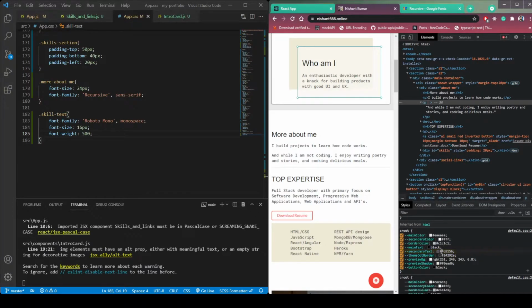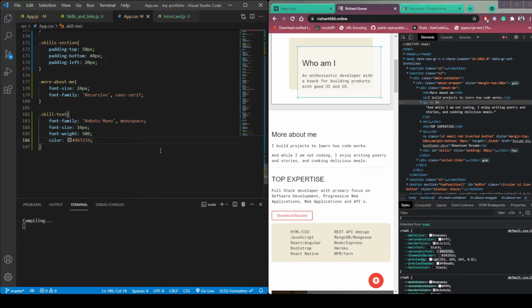The color here is 4B5156. So copy this color and change the color as well. So color 4B5156.